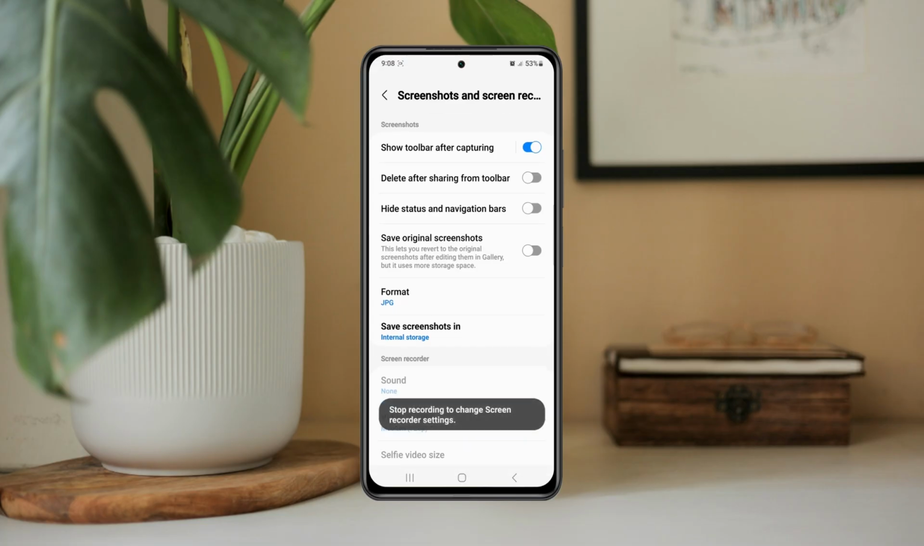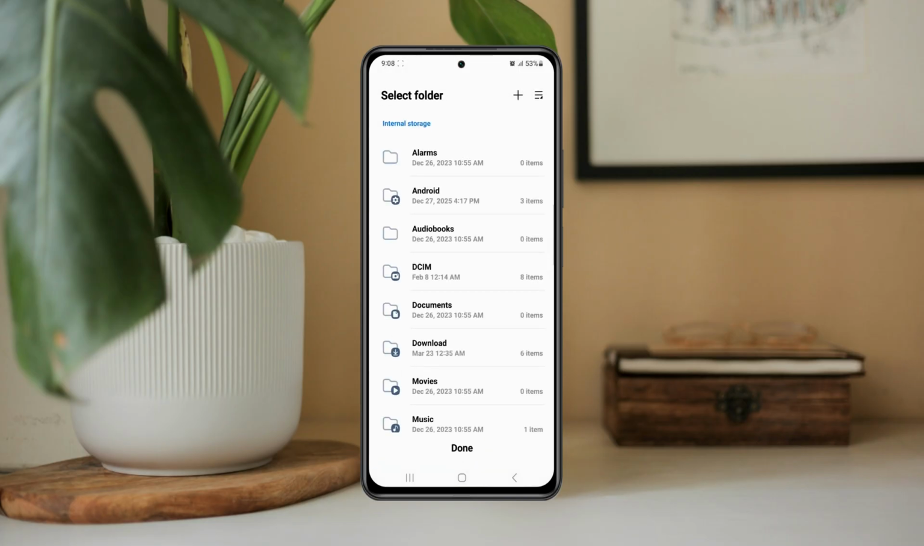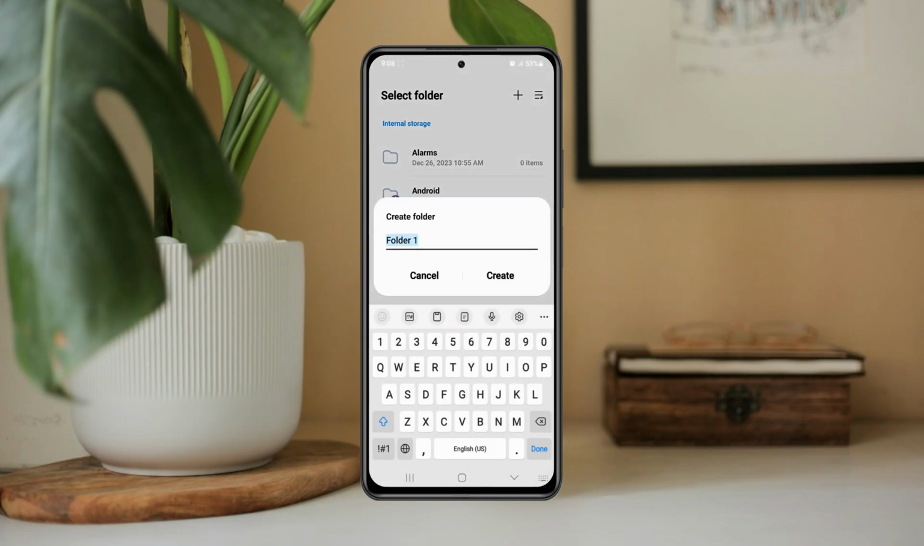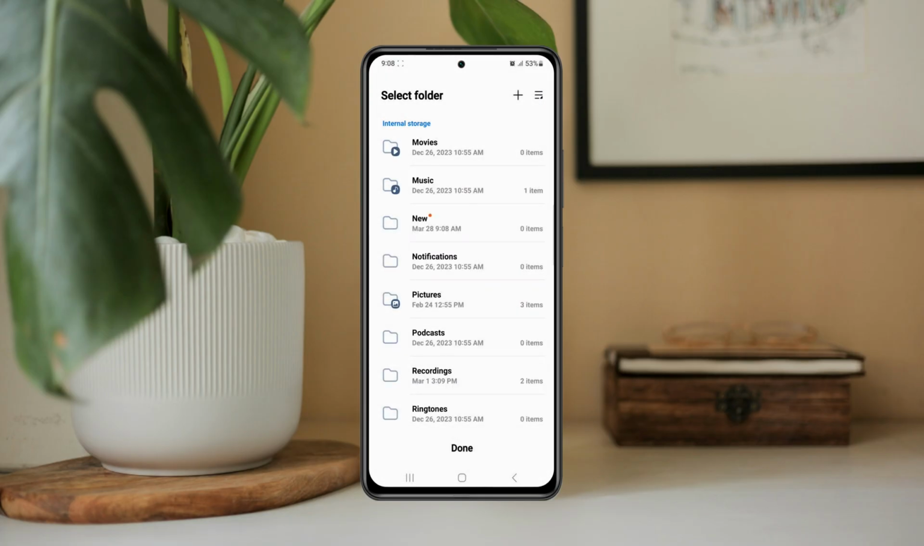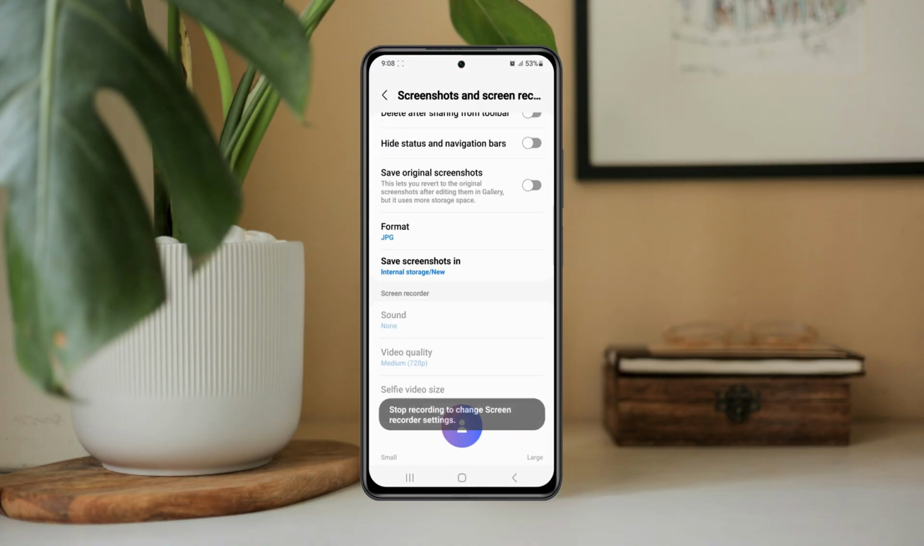You can tap on this, and first of all, if you scroll down a little bit, you'll get to see the save screenshot in. You can tap on this, and it's currently selected with a folder, so you can actually create a new folder by tapping on this plus button right over here. You can create a new folder like this and tap on create, and the folder will be created right here. You can select that and then tap on done, and the folder will be used in order to save